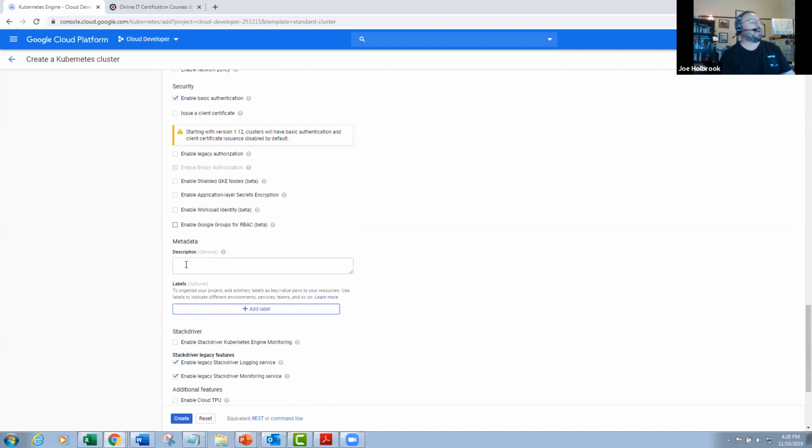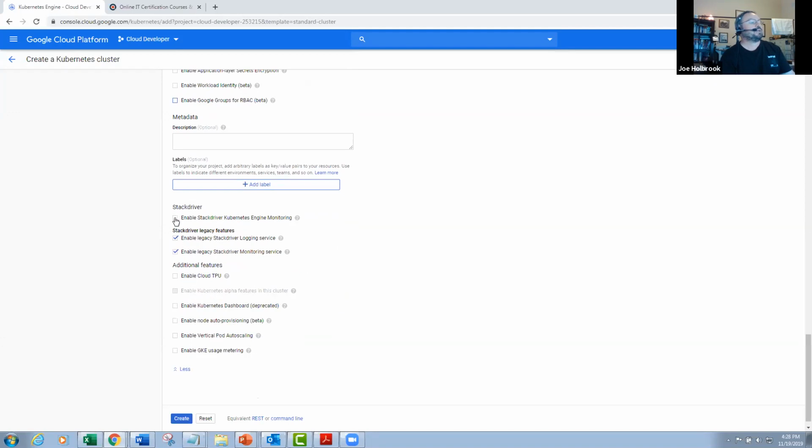I could also add metadata. For example, metadata is data about data. Basically, if we're going to monitor or manage, I could go ahead and do that. By default, you probably want to enable monitoring. Now, be aware that there's different types of monitoring in Google Cloud and Stackdriver. I won't spend a lot of time on that for this